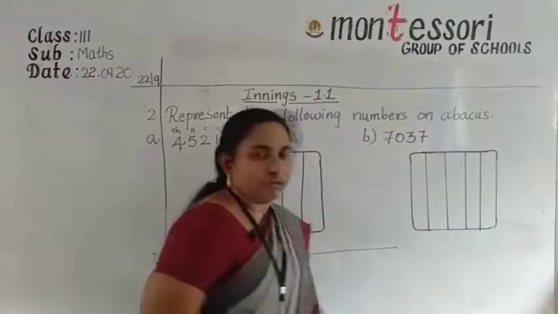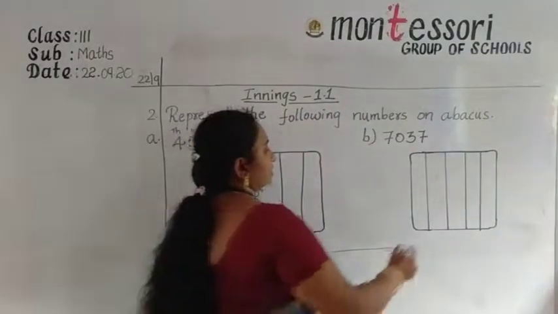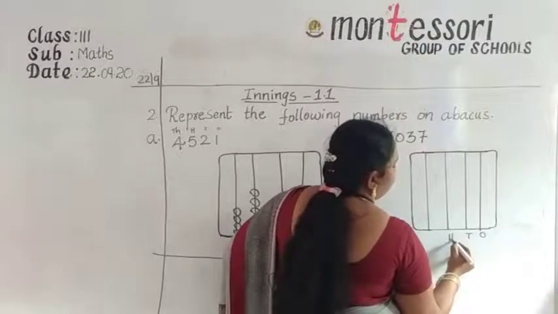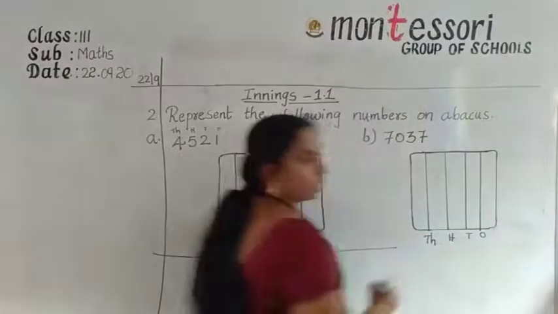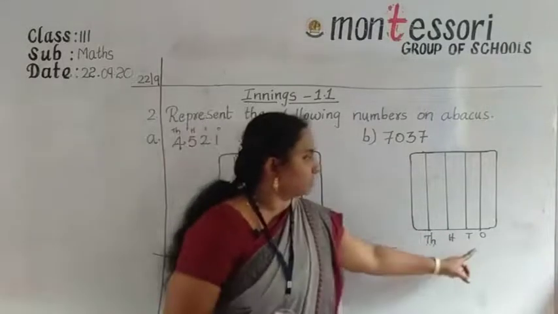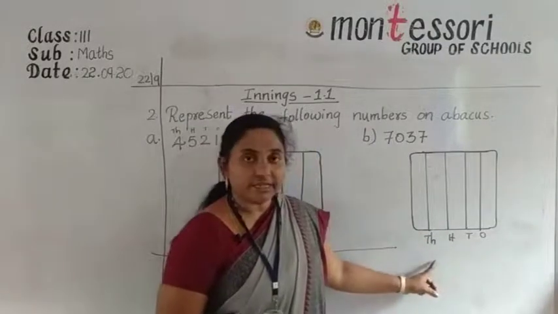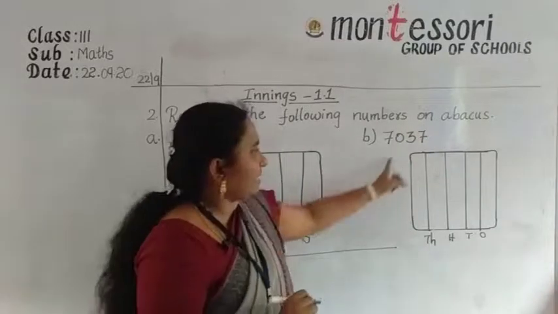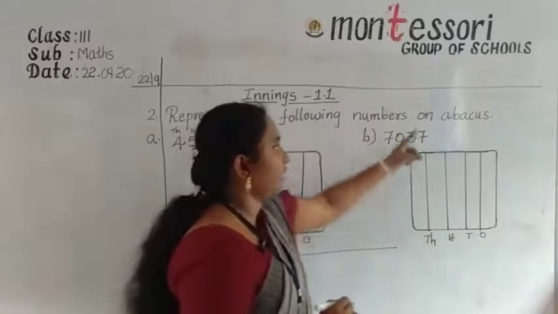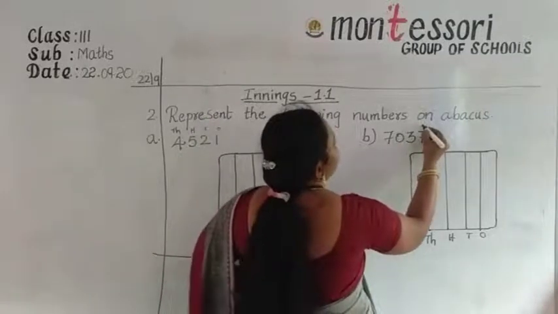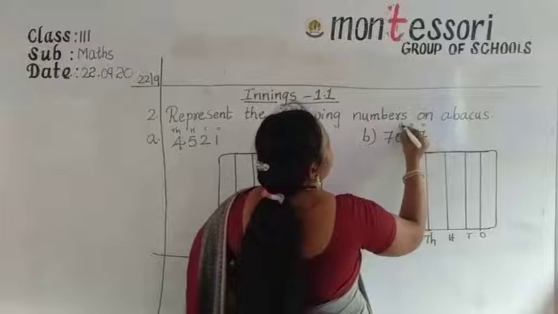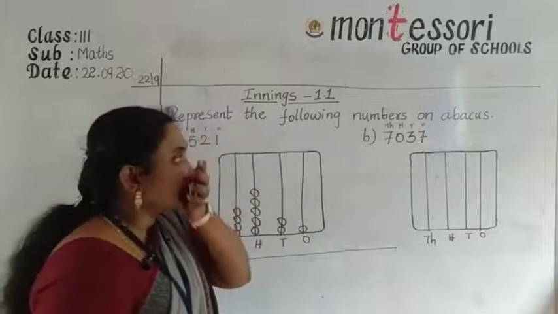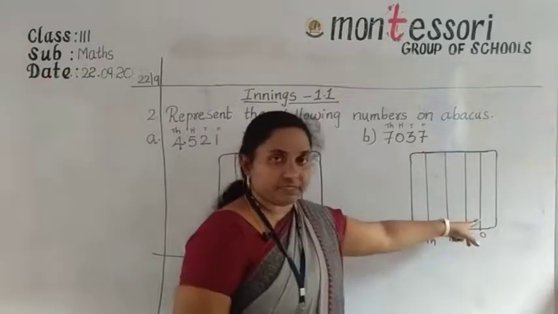Okay. Now here I am writing the place values: ones, tens, 100 and 1000. So now here write the place values with the pencil. This diagram you can draw with the pencil, and here also write the place values with the pencil. Ones, tens, 100 and 1000. Okay, understood?